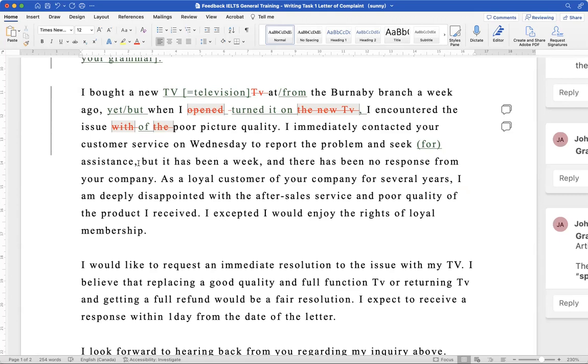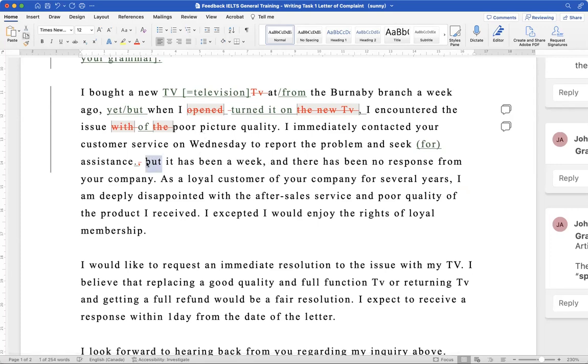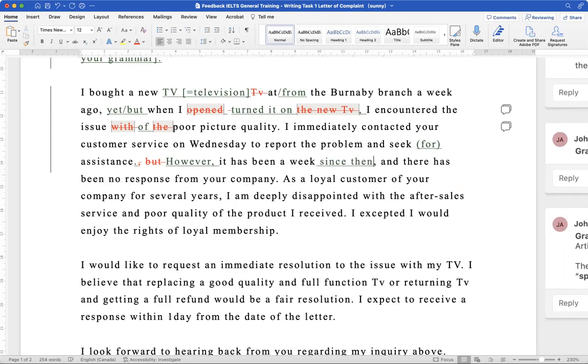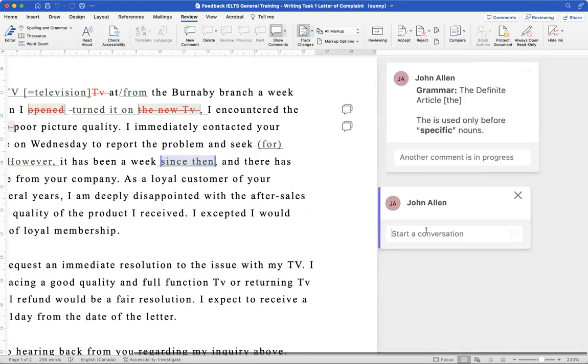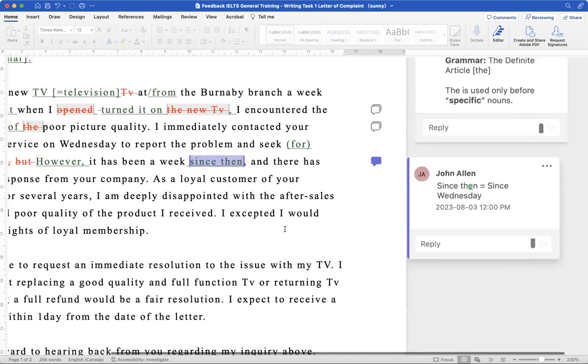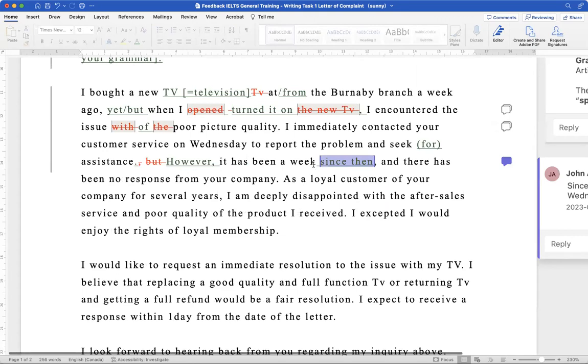Okay, so you can put a comma here, and you can say, however, comma, it has been a week since then. So since then, when you say since then, it means since Wednesday. We use this not to repeat the same word. Again, since then means since Wednesday. Here, while typing the word then, please make sure you type it correctly. It is with an E, not with an A. Since Wednesday, since then. However, it has been a week since then,